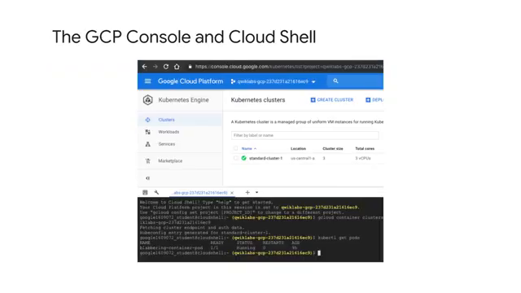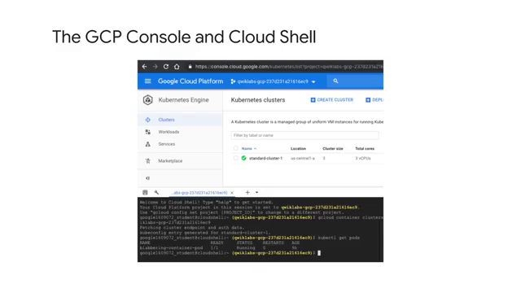Here's a screenshot of the GCP console's GKE area, showing you its web-based interface for administering your GKE resources. The bottom third of the screenshot is your Cloud Shell in operation, where you can launch commands to administer those resources as well. Some of those commands are from the Google Cloud SDK, and others will be specific to your workload. Later in this course, we'll learn about the kubectl command, and you can see it being launched from Cloud Shell here.